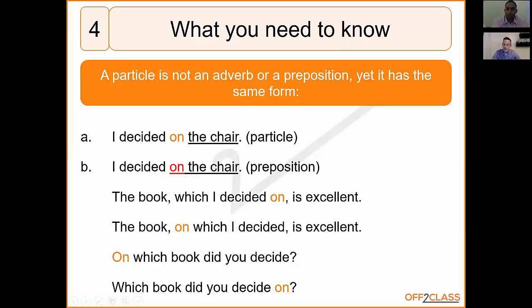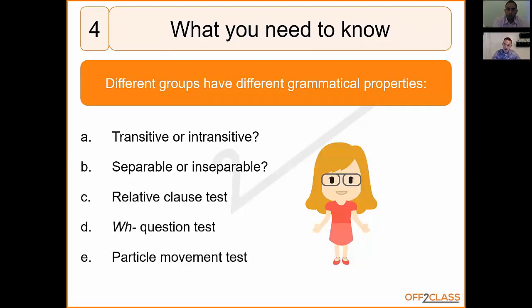Right. In terms of the different grammatical properties that groups have, there are five that are most important for you as a teacher to perhaps know for yourself in order to answer questions. The student may not need to know these five, but first of all, is the verb transitive or intransitive? The student probably already knows this, but it's vital with phrasal verbs because the majority of them require an object of some sort to make sense in English. Are the verbs separable or inseparable? There are far more separable multi-word verbs in English than inseparable ones, but you need to know both.